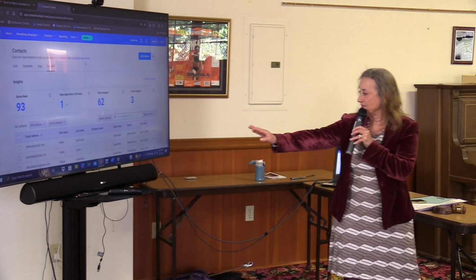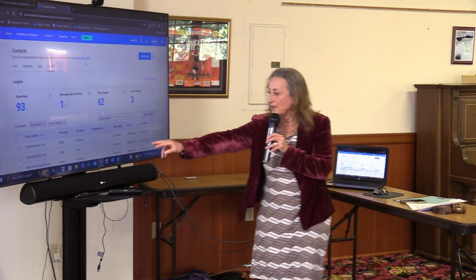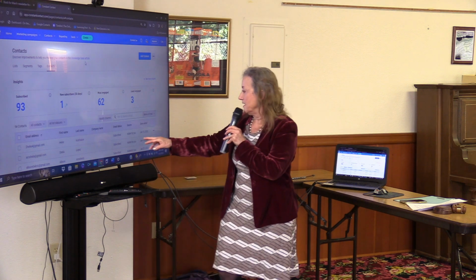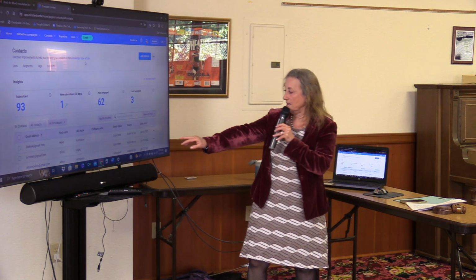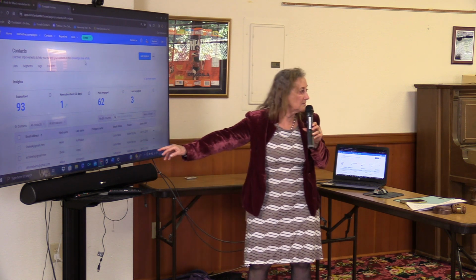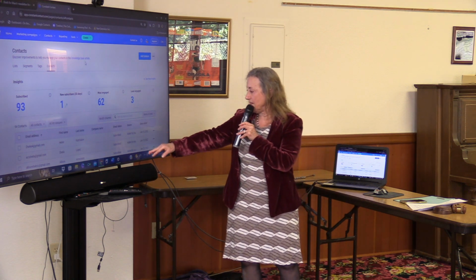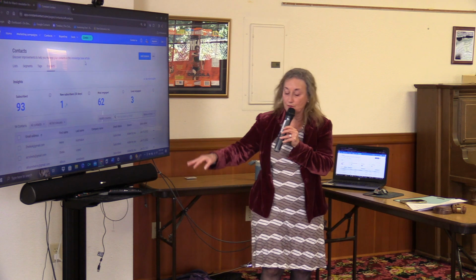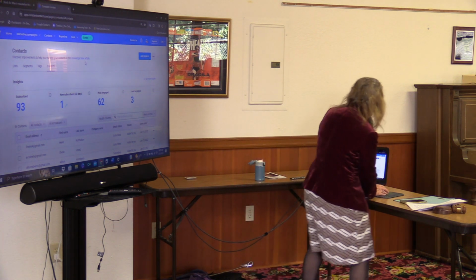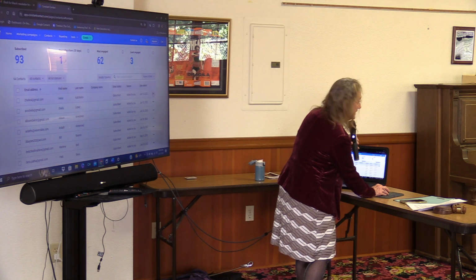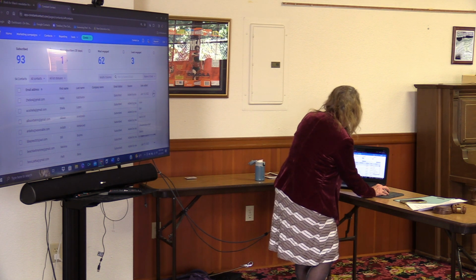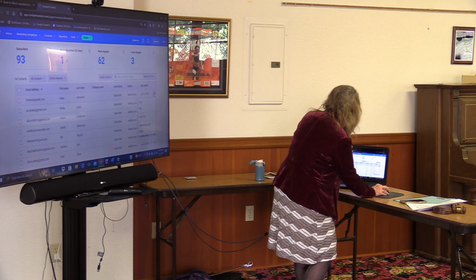I have their first name, their last name, their email address, their email status. That's important. If something bounces, you're going, what? It can say unsubscribed. Source added by you and the date. Not that important. You can edit these. You can delete them. If you click on these three little buttons on the side, three little buttons on the side.